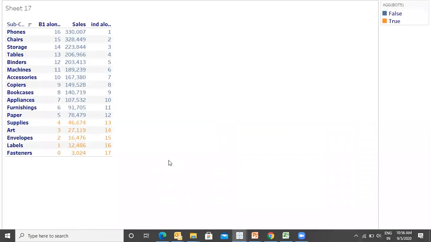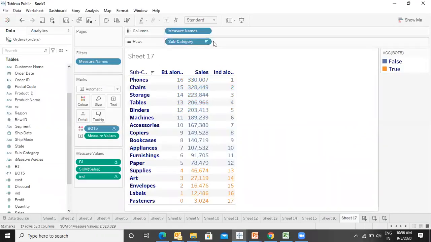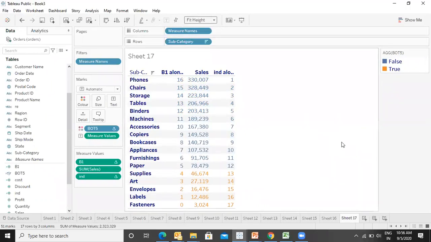Is this clear? Rajiv, I have a question. We are creating these conditional calculated fields. Like we have created parameters as well, right? Is there any difference between creating the parameters and these fields? Definitely, there is a huge difference between the two. Parameter is entirely different. Parameter is a value.